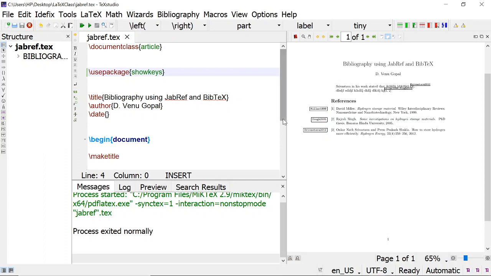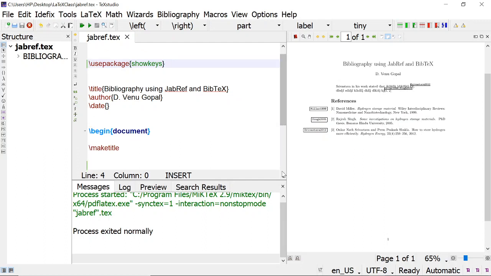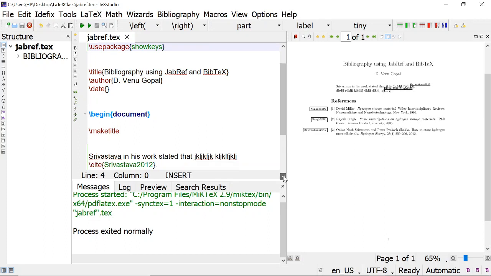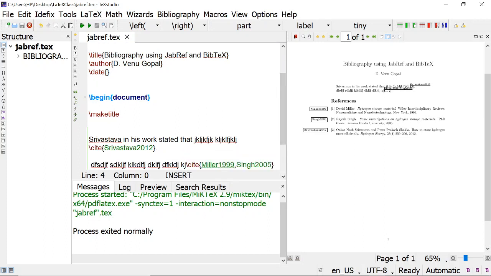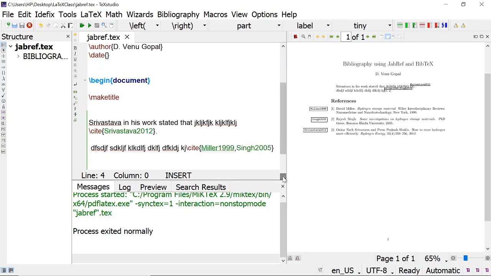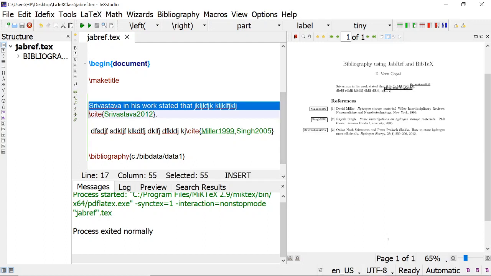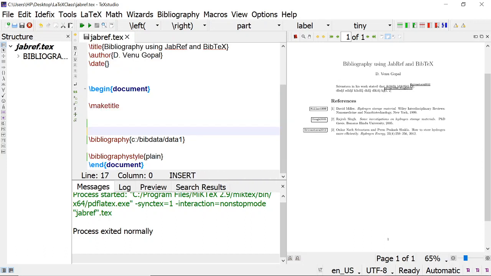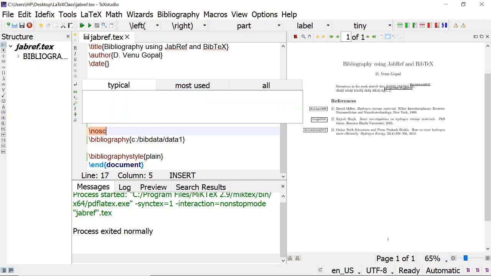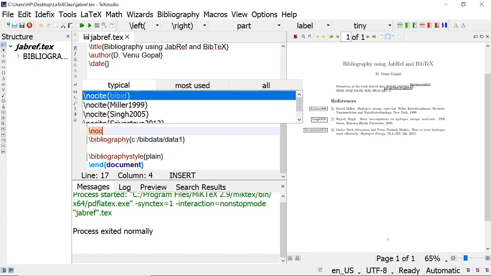Okay. Then suppose without citing you want to create a bibliography file of all your database in a single file. For that also you can just say nocite and put a star.